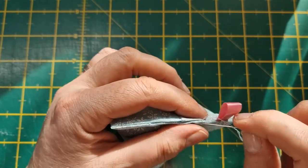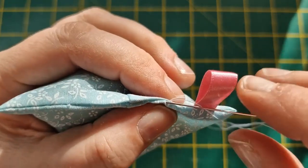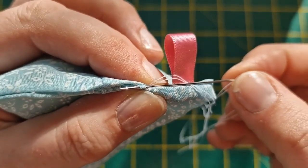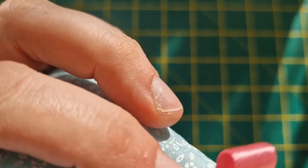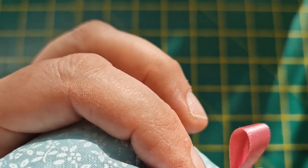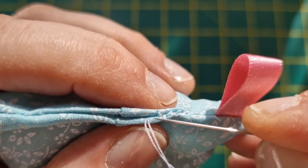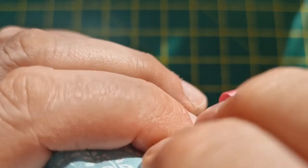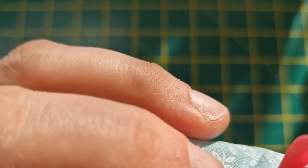I might do that actually, where you go in, put your needle in like this and through on the one side, and then go through the opposite side same way, lined up, and then just keep repeating that. So across on the opposite side, just in and out sideways. You don't have to pull it too tight till you've done a couple of stitches,